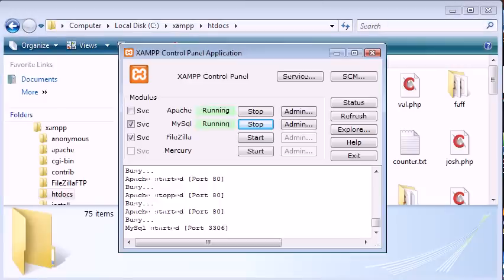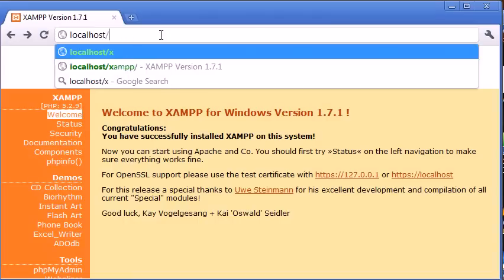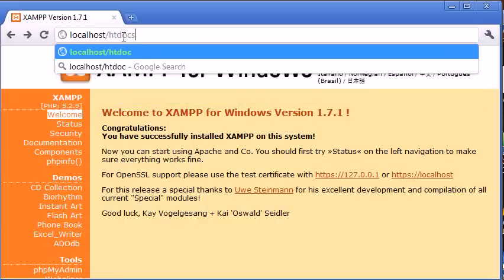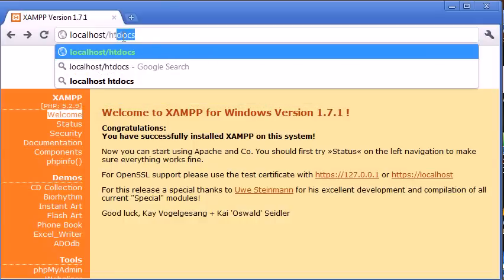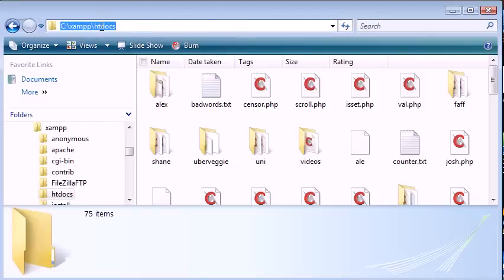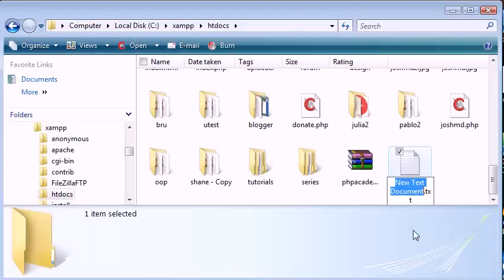So let's just open up our browser. So you know now that we access our local server from localhost. Now we don't need to do localhost/htdocs/ and our file, because htdocs is the root directory, if you like, for where our file should be. So let's go ahead here and I'll create a new text document,